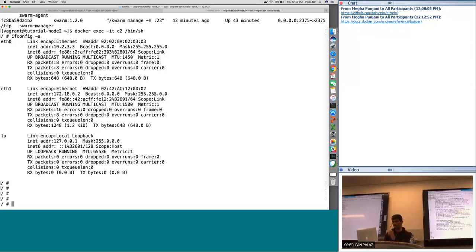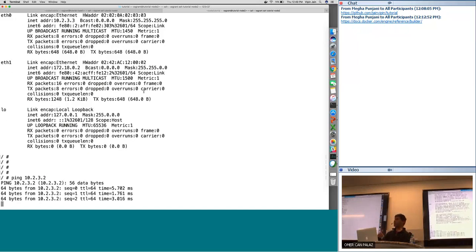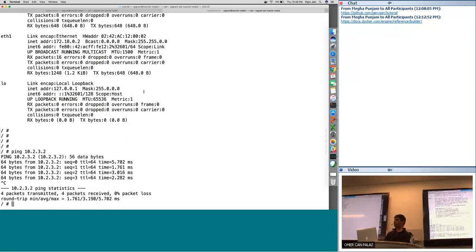So coming back to this, now I should be able to ping this container on 10.2.3. What was it, 2? So that's pinging another container on a different host now. This is multi-host container networking. Imagine I have a web application and a database application. You can have these applications belong to different networks, or maybe one network, and have them access each other.